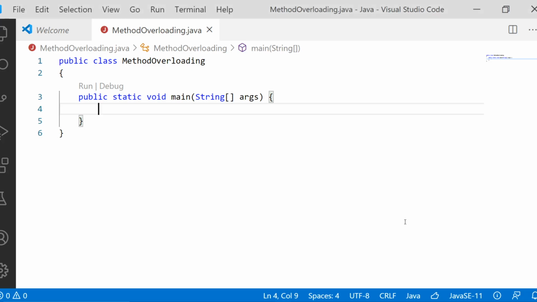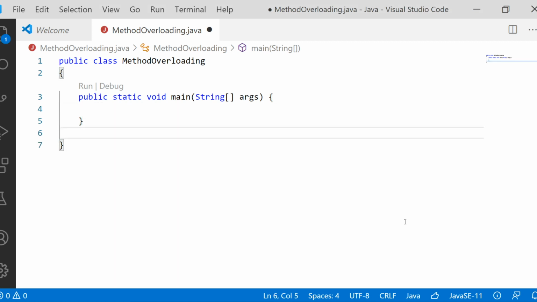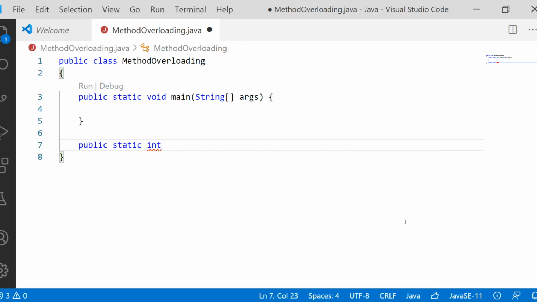We can take an example and understand what method overloading is. Let me define a method public static int, so the return type is integer.